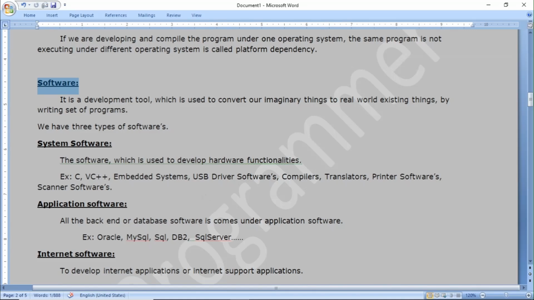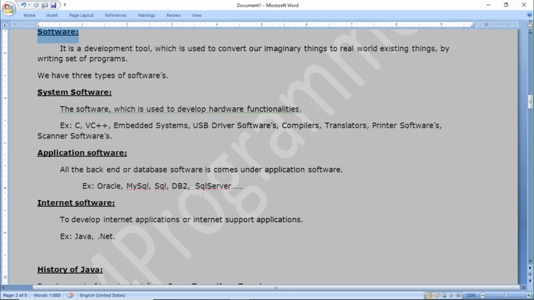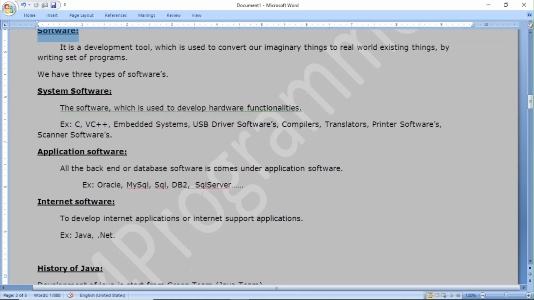Internet software is like Facebook, WhatsApp, related to Java and .NET.